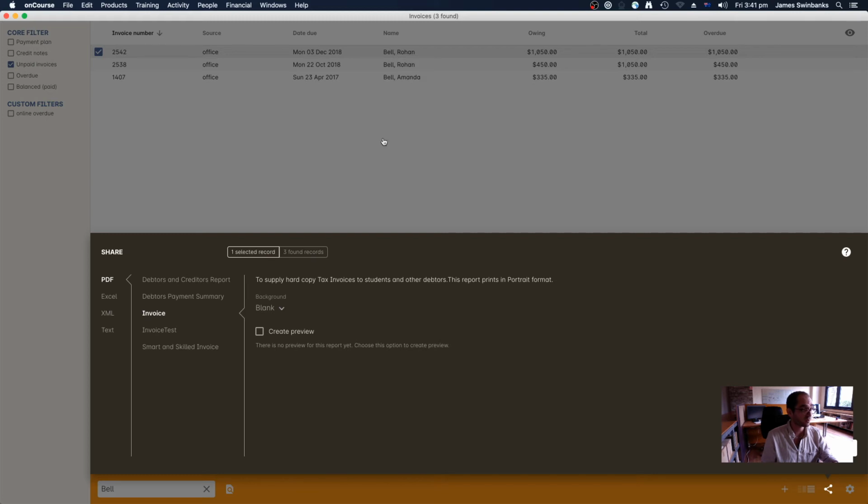If I wanted to print out all three, so if I had a group of things that I wanted to print or generate, I could just select the found records here, and that would print out each of the requested files for each of the records that have appeared in the search. Similarly,